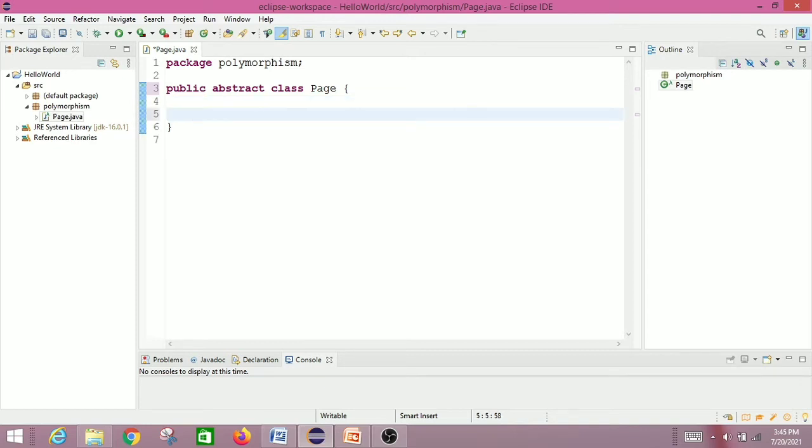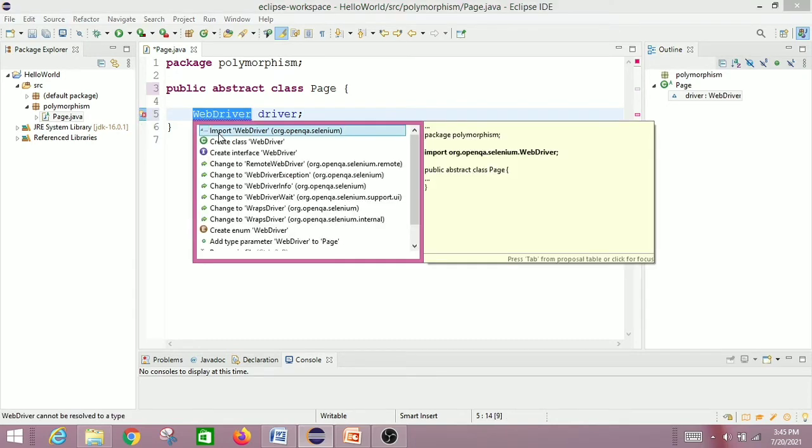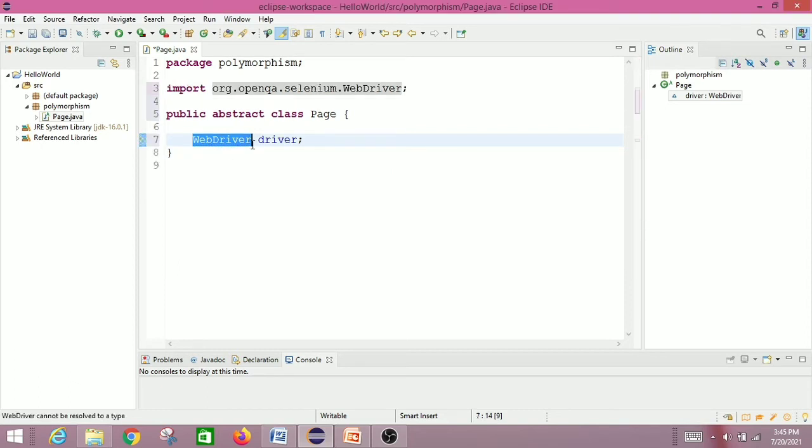Now we will declare WebDriver driver, and we will check the error. Okay, we have to import WebDriver. So I'm importing. And what is next?